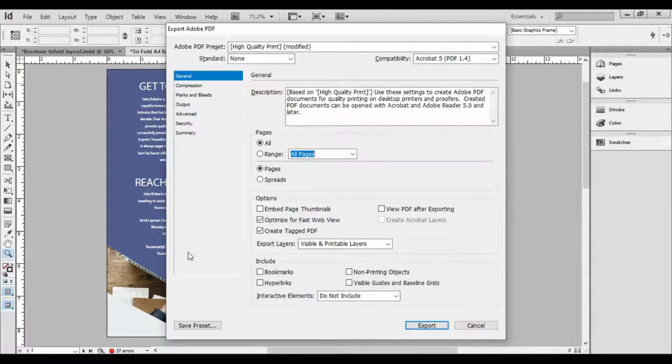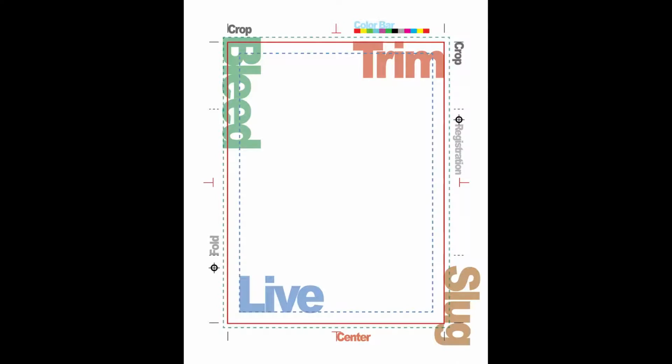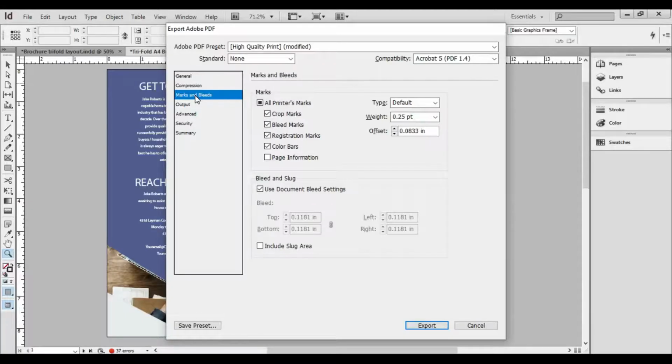In this dialog box, go to Marks and Bleeds. Here you will select Use Document Bleed Settings, because we have already given the settings in our document. Also you can select these settings whichever you want.